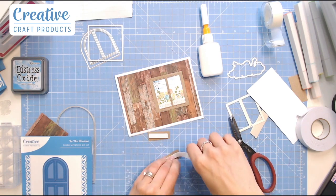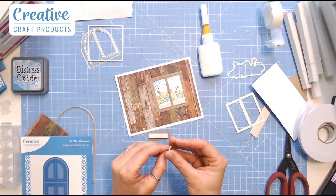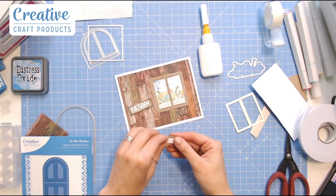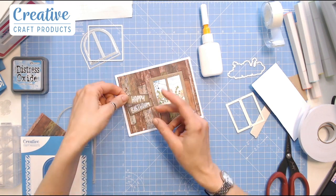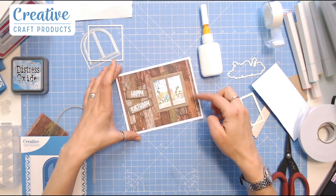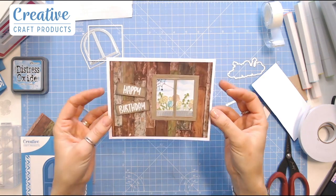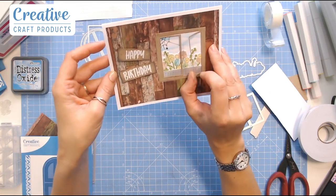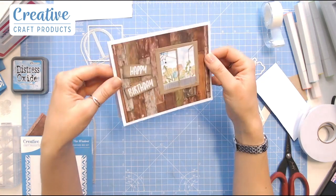If you have some gardening tools or some pots and such, I think there's actually a fantastic gardening set that comes with one of Olga Directorenko's paper discovery collections. That would work really well to have some gardening tools. Also, Sam has a collection, I want to say Twist and Pot, but I may be wrong, that had some gardening tools with it as well. So there's the shed. You can see the window. It will still open if you want it to. In fact, it will just open on the inside, that's all. But yeah, good fun. So